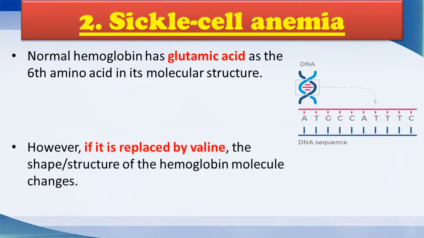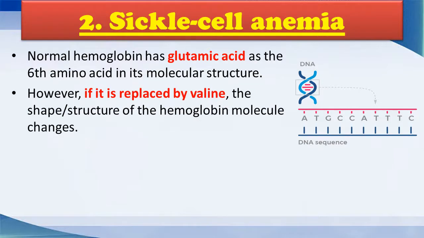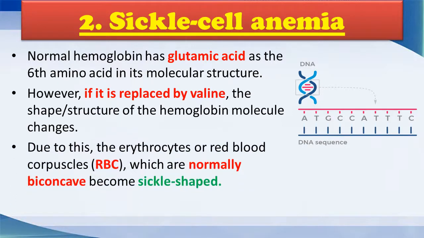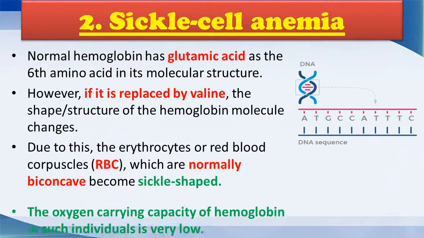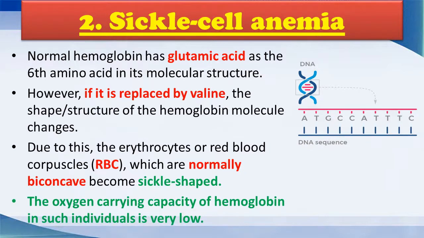However, if the glutamic acid is replaced by valine, the shape or structure of the hemoglobin molecule changes. Glutamic acid has a different shape and valine also has a different shape. So due to the replacement of glutamic acid by valine, the molecular structure of hemoglobin has been changed. Due to this, the erythrocytes, which are the red blood corpuscles also known as RBCs, which are normally biconcave, become sickle shaped,